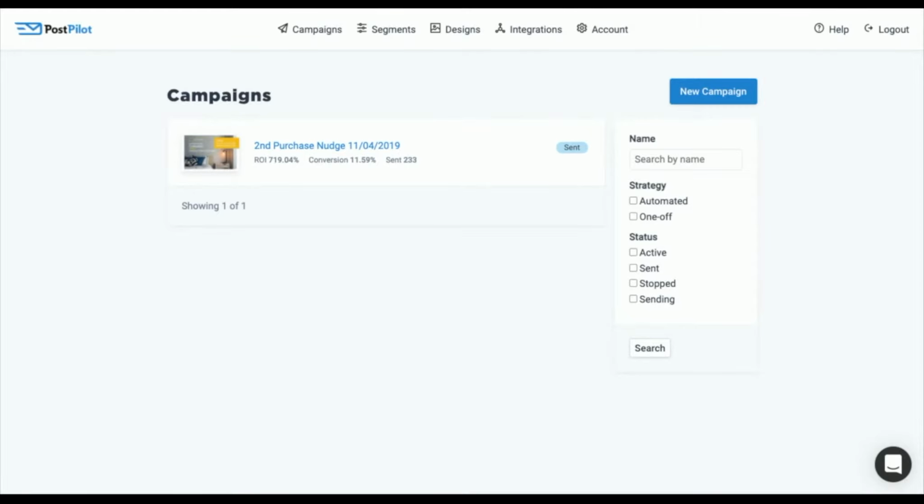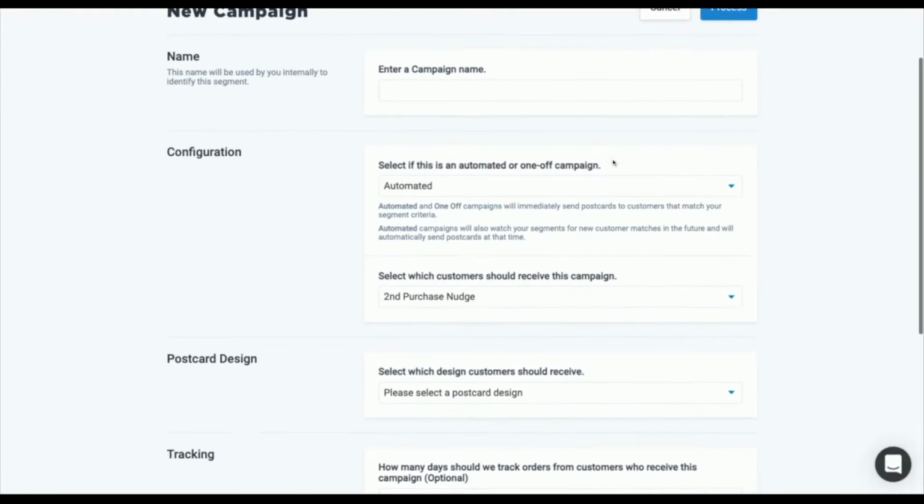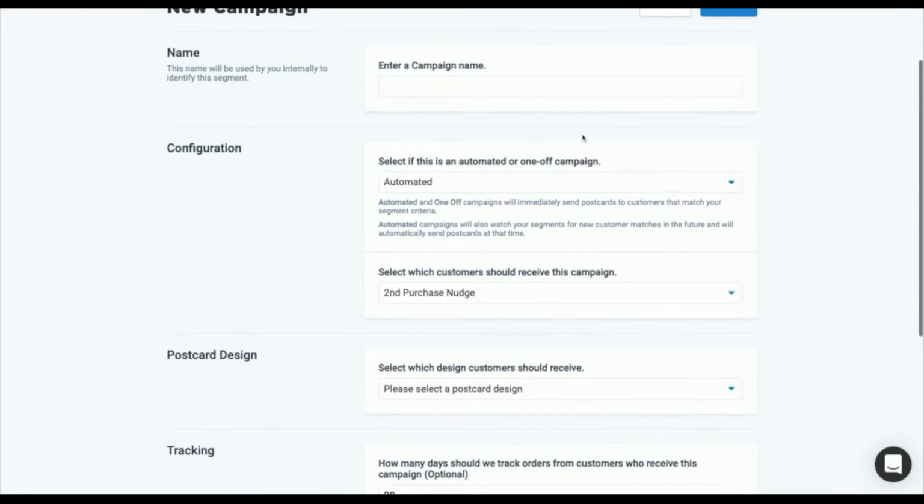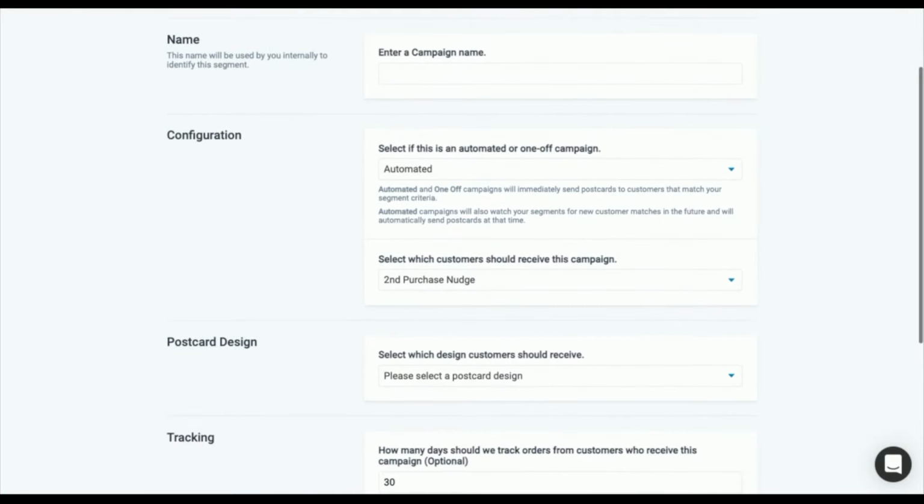Okay, so now let's look at the final step of how you send your card using PostPilot and some of the data you'll see once your campaign is active. To finalize the campaign, you're just going to simply click the campaign tab at the top here, click New Campaign, enter the name of the campaign, something you obviously will be able to recognize later, and then we start